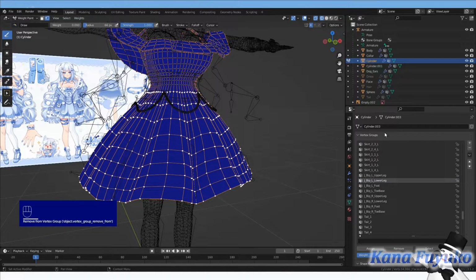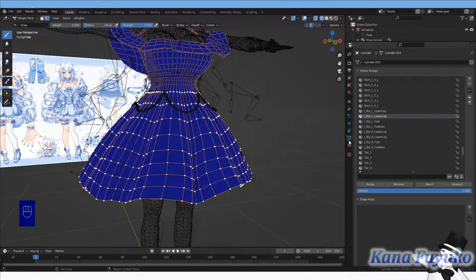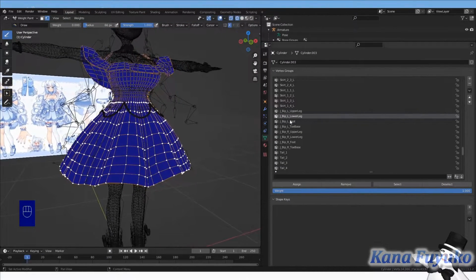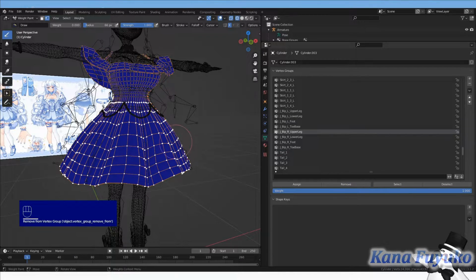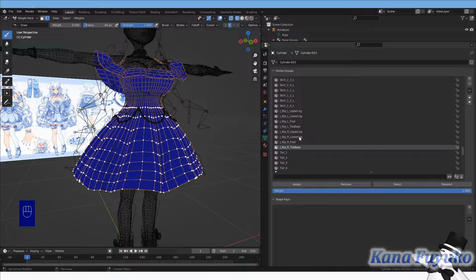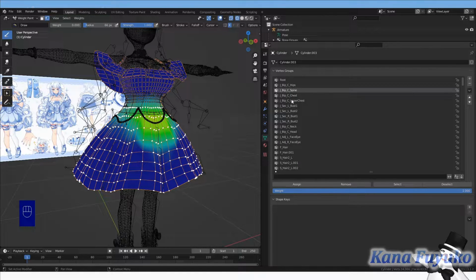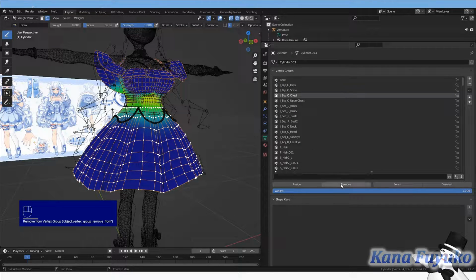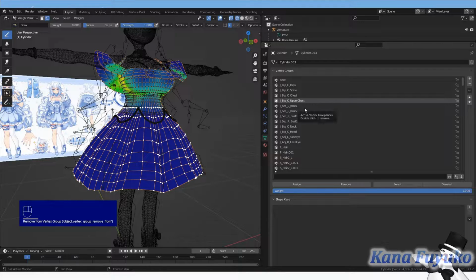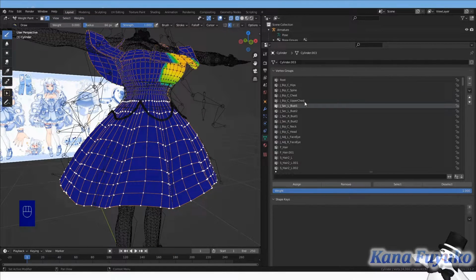So in the object data properties, which is a triangle here, all you have to do is select the vertex group that involves the legs, and just remove it. Once again, it depends on your rig and how long the dress is, but just remove the leg weight paint. You might also want to remove it for the spine and chest, for convenience's sake, unless depending on how you edit you might need a little bit, but I usually just remove it since it's all going into the skirt bones anyway.